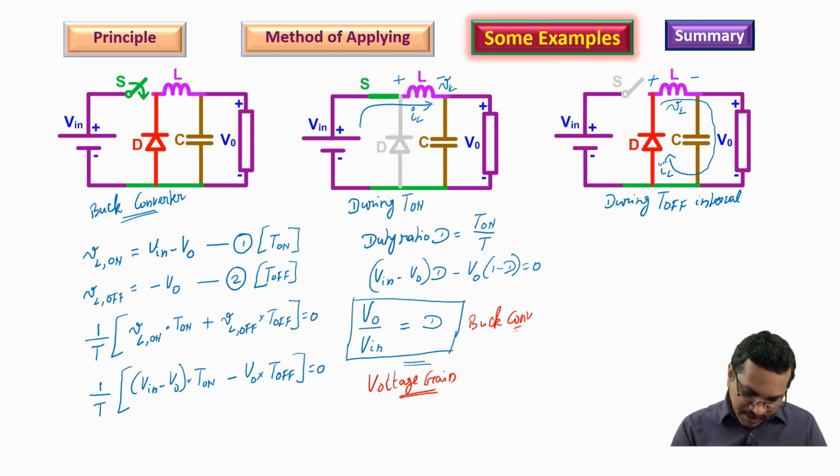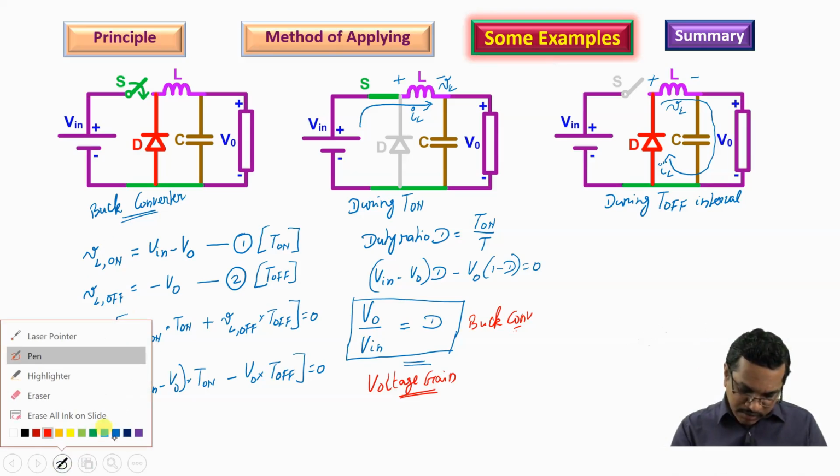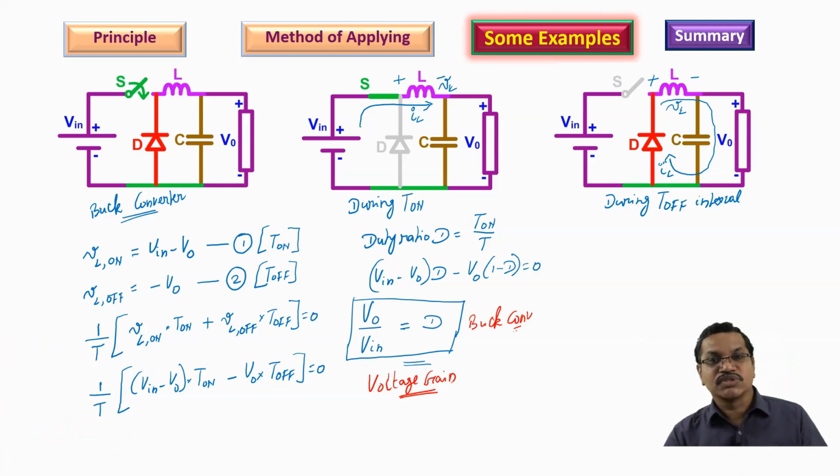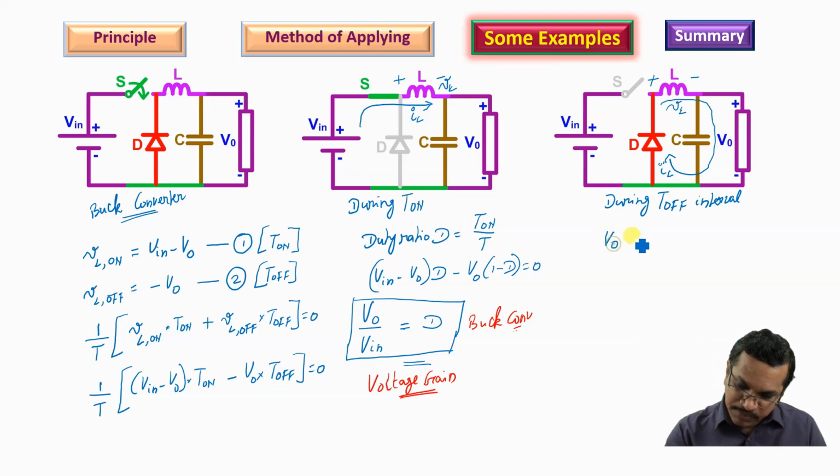Incidentally, as additional information, in the lecture that was discussing the development of a buck converter, I was mentioning that the output voltage can be varied by varying the on duration and total duration. That is what we observe over here. V naught by V in is given by the duty ratio. Duty ratio is in turn written as on time by total time. Therefore, a slight look into the duty ratio tells us that V naught can be varied in two ways. One is by having variable on time.